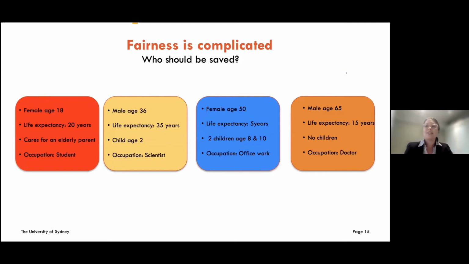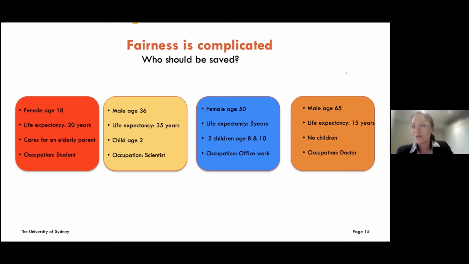And what's really interesting to me in studying health economics is that you can never fully take yourself away from thinking about fairness once you start looking at problems as being trade-offs between lives. And so this is an example that I like to give in my class at the beginning to set the tone of the types of decisions that we're actually thinking about. So imagine in a medical scenario that we have something like an organ. There's just one organ that's come up, and there are 4 people who are going to die today if they don't receive the organ. And so we have to choose somebody to save.